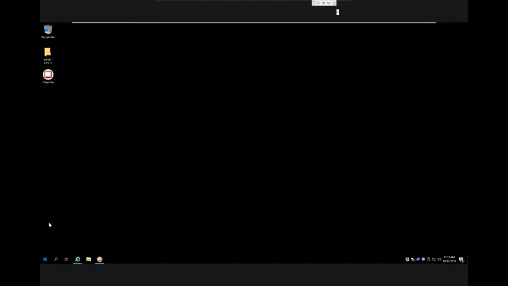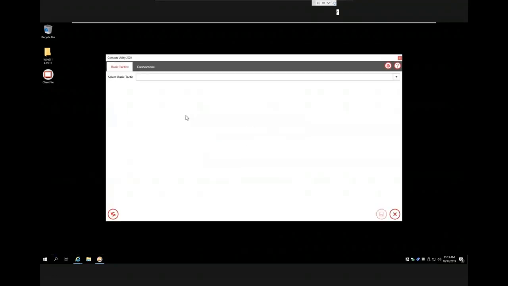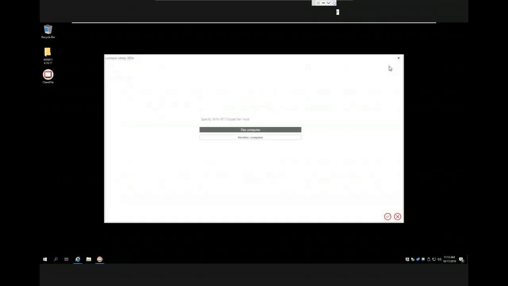Once it is installed, you'll find it in your start menu here. You can click and launch it. And the first thing you'll see, I've already launched it here, is this screen where you're specifying the location of your dispatcher. So I'm running Win91 on the same machine, so I've got it set to this computer. If it was connecting to a remote system, I would be typing in the IP address or the host name of that Win91 system here and then hitting the save button down there. So I'm leaving it on this computer,